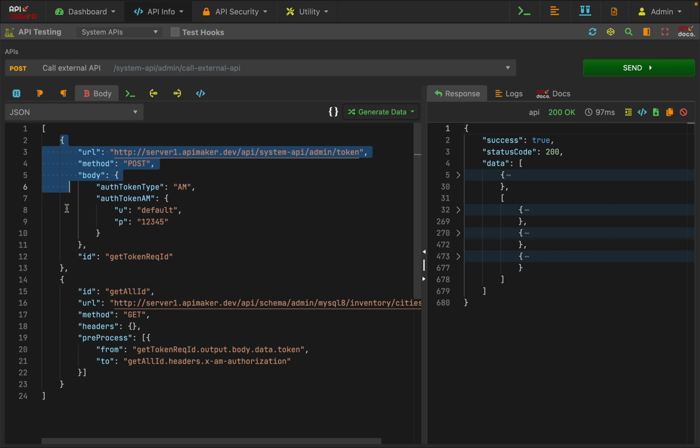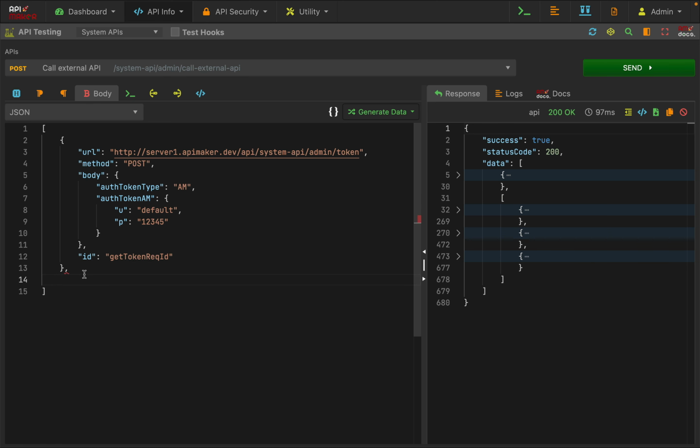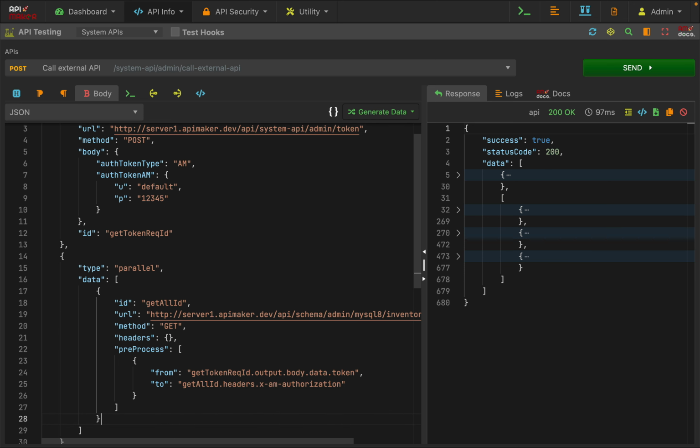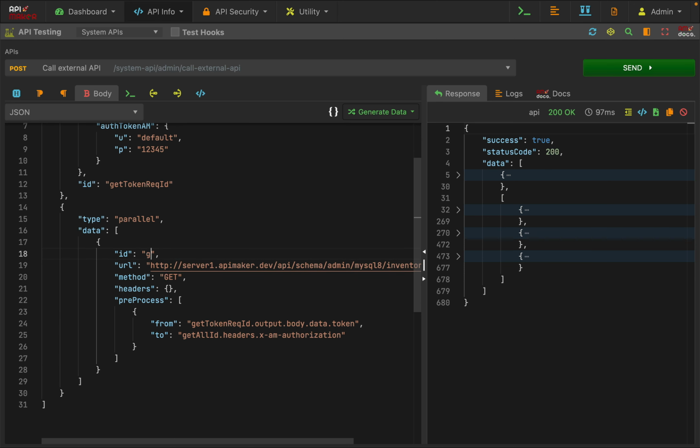But now let's say after getting the token, we want to get list of all cities, all states and all countries. But those API calls we want to make it parallel. So in that case, we'll cut this, we'll create a new object, we'll say type is parallel and data is array. We'll paste that and this time get all